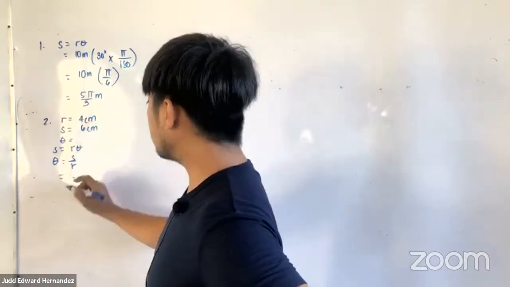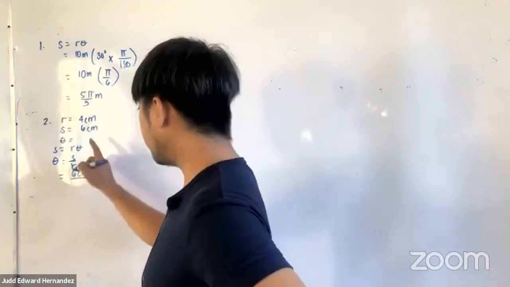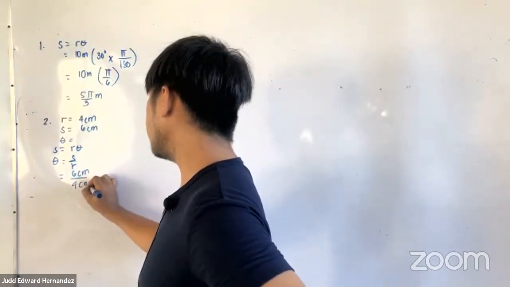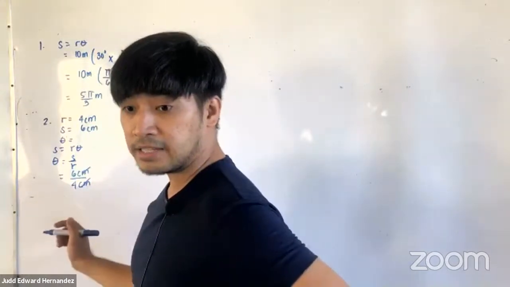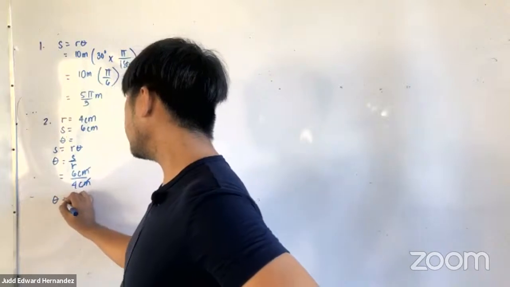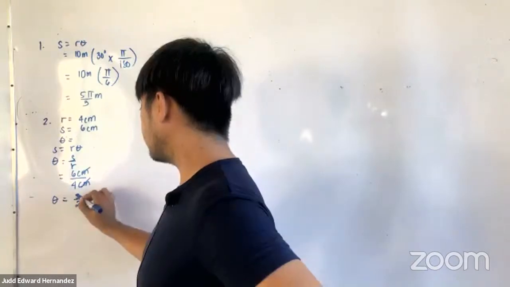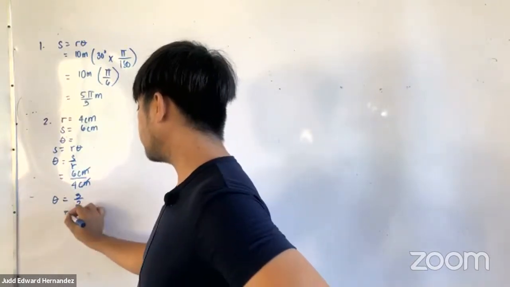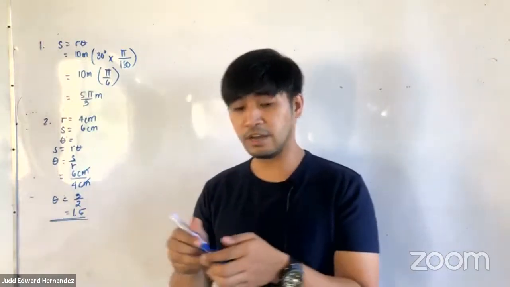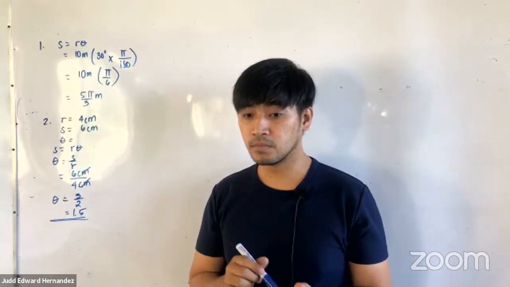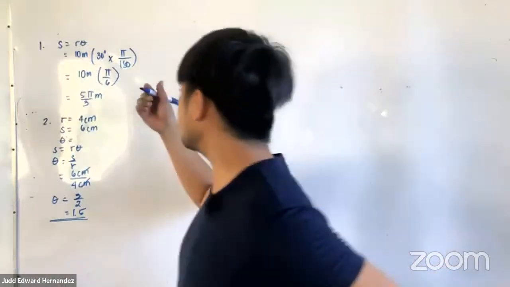And our S is equal to 6 centimeters. And our R is 4 centimeters. Okay, cancel centimeters. Therefore, what is our answer? Theta now would be 3 over 2 or 1.5. Do you have the same answer? Yes po. Okay. And for the last one,